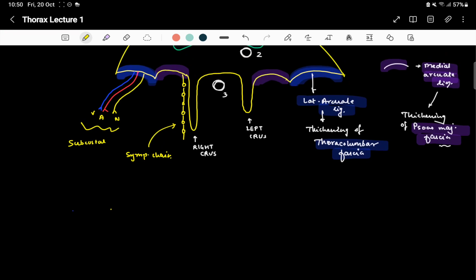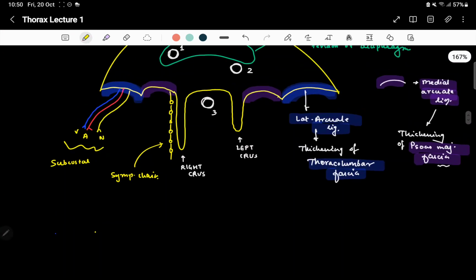Okay, then some nerves can be seen in your left crus of diaphragm. Okay, these nerves are your splanchnic nerves, and a vein can be seen opening into it. This one is your hemiazygous vein. This is a hemiazygous vein. Okay,